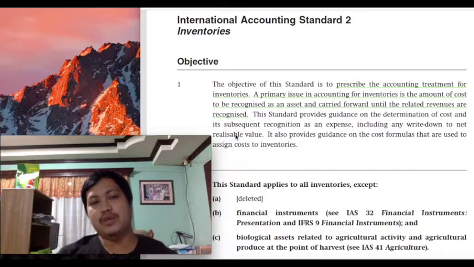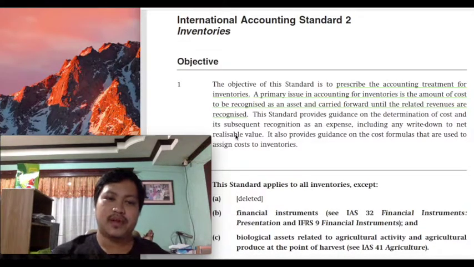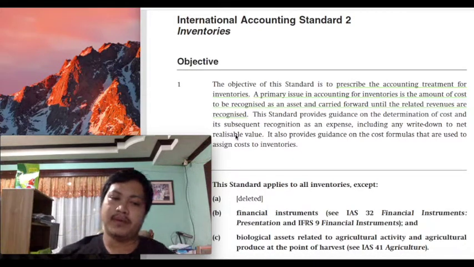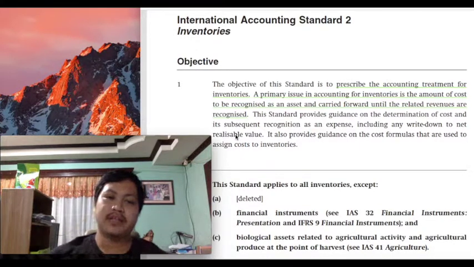But actually, if we look back to PAS 7, statement of cash flows, we have actually touched a little on a specific account title, on a specific asset, which is your cash. Although PAS 7 is not entirely devoted to accounting for your cash, since the objective of PAS 7 is for the preparation of your statement of cash flows, definitely there were a lot of provisions to be used in accounting for your cash and cash equivalents.